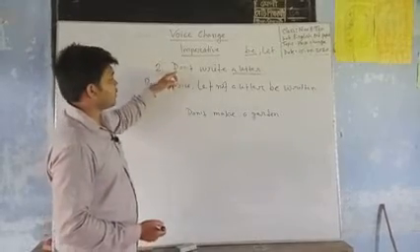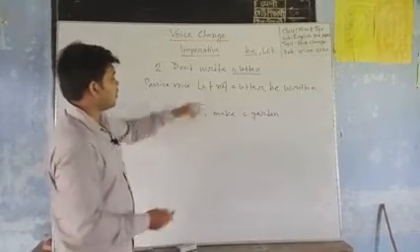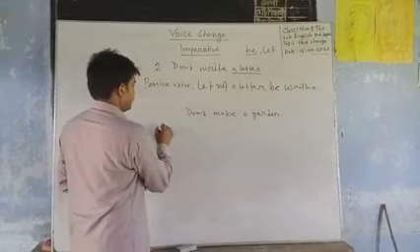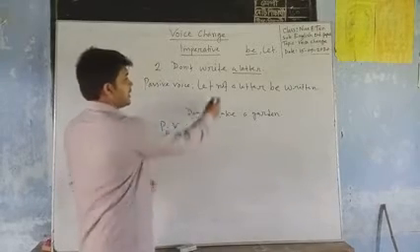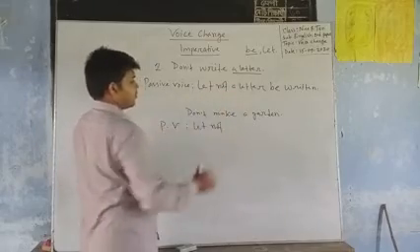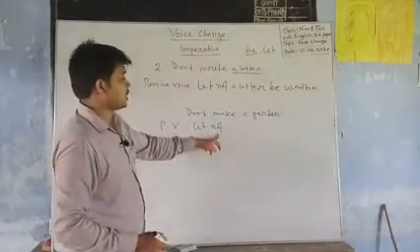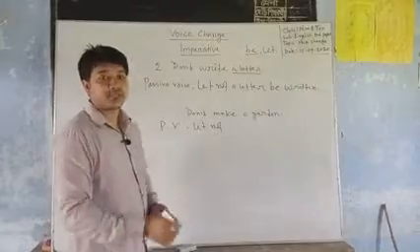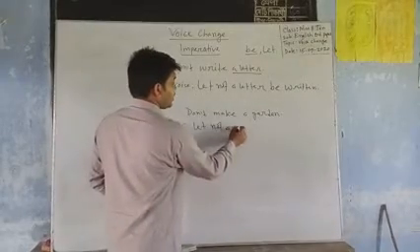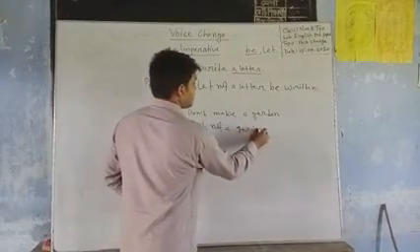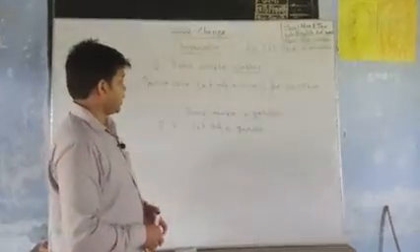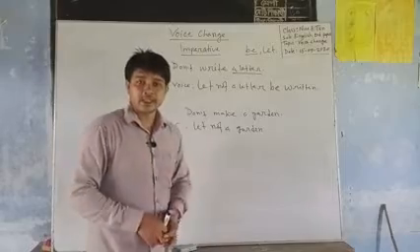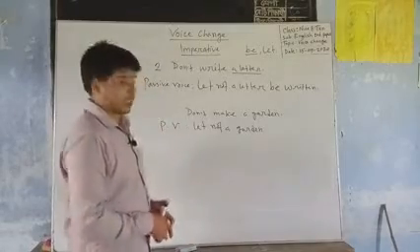You have to follow these rules. At first comes let, for the passive voice. You have to use let. Then comes the sentence not. Then you have to take the object, here garden. Dear learners, always you have to think that in imperative sentence for the passive voice you have to